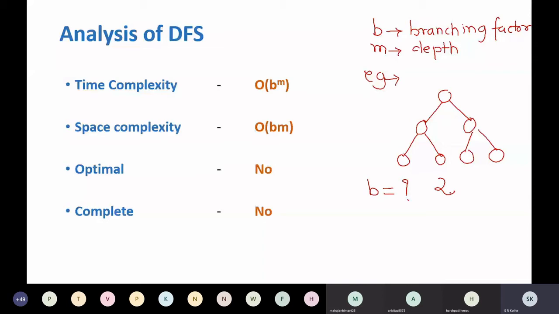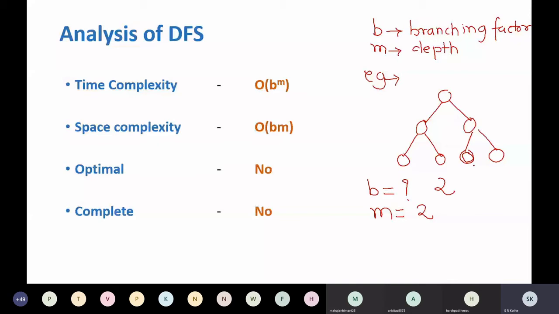Suppose this is a goal node. What is M in this case? The depth at which the solution is found is 2. 1, 2. 2 is the depth.